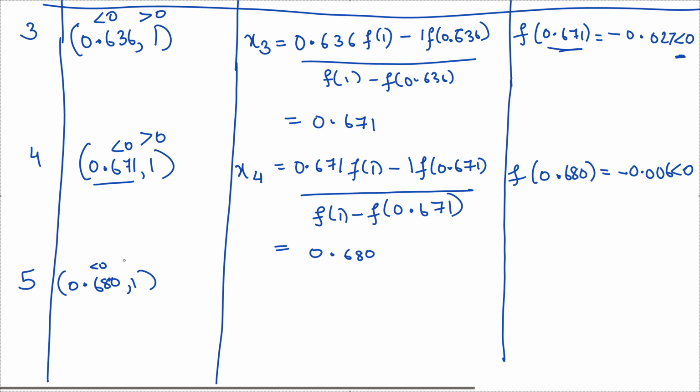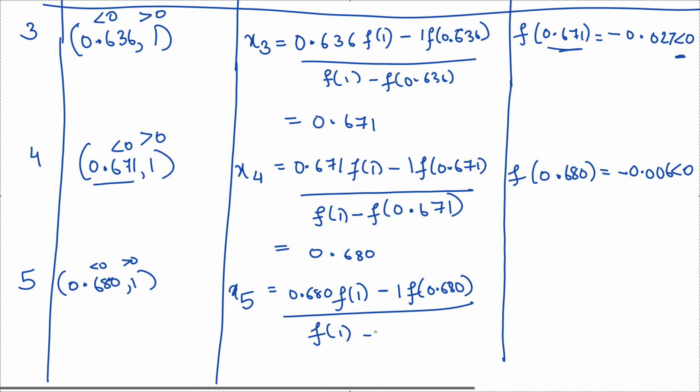So this was less than 0, this is greater than 0. Now x5 is 0.680 into f of 1 minus 1 into f of 0.680 divided by f of 1 minus f of 0.680,